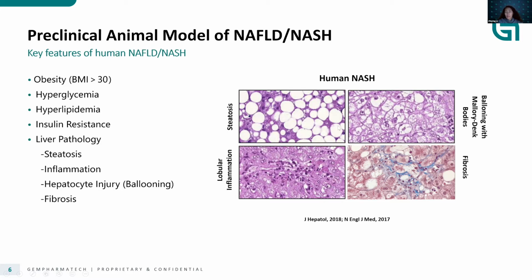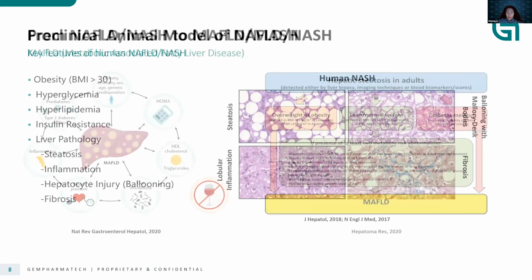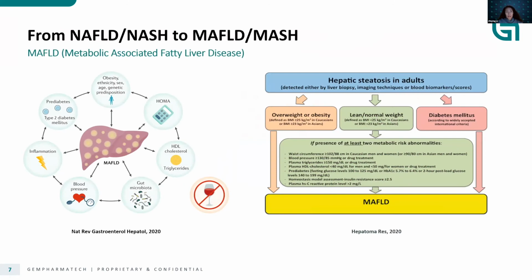So these are, instead of the cartoons in the first slide I showed you, real patient biopsies where these morphologic features are very indicative for NASH. NASH is coined as non-alcoholic fatty liver disease. However, with the past few decades of research and study, people realize metabolic risk factors are actually tightly correlated with the development and progression of the disease.